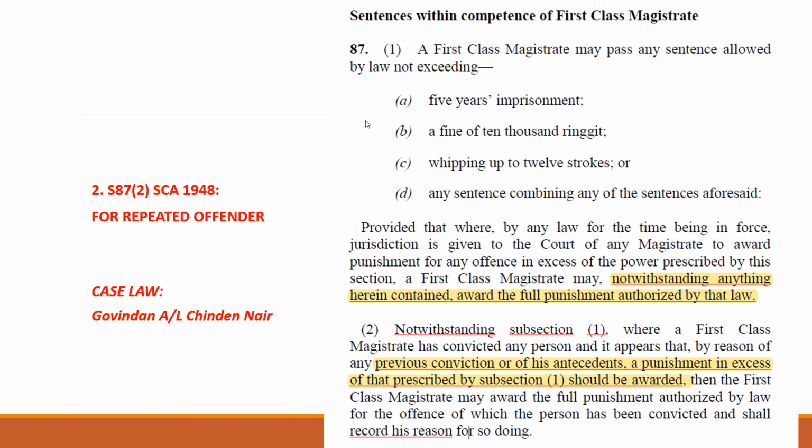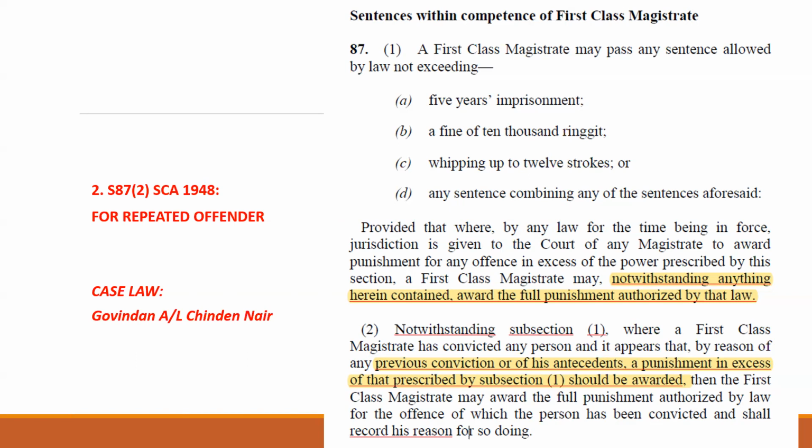Another exception that you would like to look at, even though it is a general Penal Code offence. Let's take the example of theft, mencuri. This guy, for example, is a repeat offender, habitually stealing from kedai runcit, 7-Eleven, Family Mart, with so many convictions.